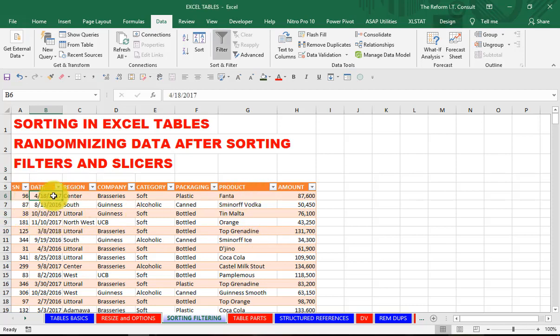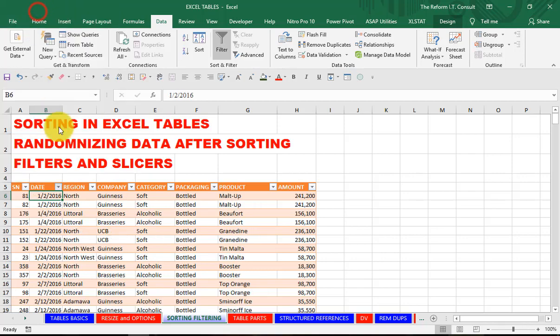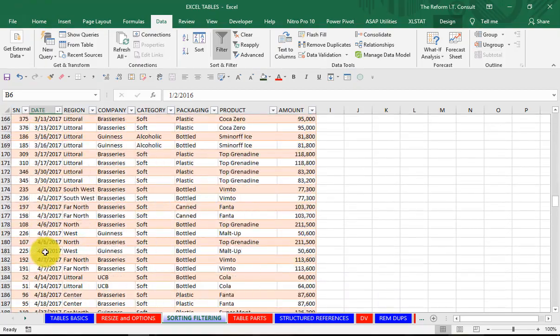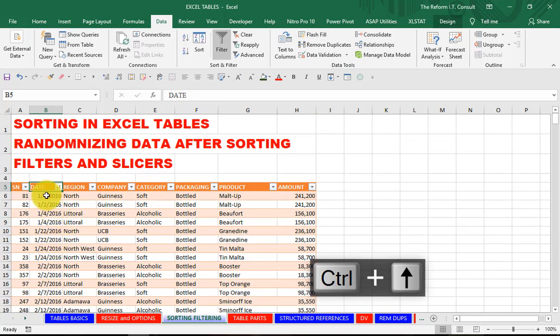When you create an Excel table, it gives you these filter buttons that enable you to filter and also sort your data. Sorting your data means arranging your data in a way that groups certain attributes together. For instance, I want to sort this data from oldest to newest or newest to oldest. These are date sorts or number sorts. When I click on that, it all starts from 2016 moving down to 2017, 2018, and so forth. So that's it for number filters.